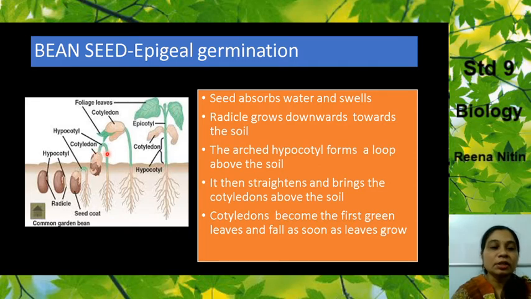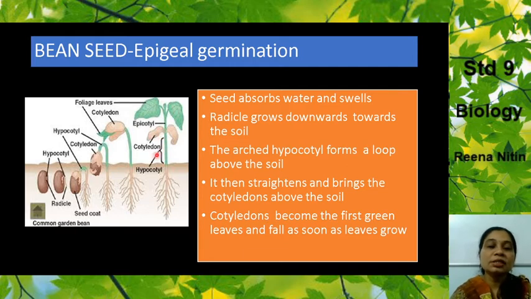It then straightens, then in the course of days it straightens up, and you can see over here it is quite straight, and here it is very much straight. The cotyledons become the first. You can see these cotyledons, they supply the food to the growing seedling, to the growing plant. Then when the leaves start forming fully, these leaves start photosynthesizing and preparing food. So at that time these cotyledons will shrivel up, they'll become dry and they will fall off.